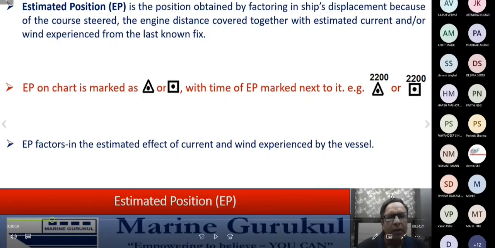करेक्ट सर। आपने DR पे करंट भी अप्लाई कर दिया तो आपको एस्टिमेटेड पोजीशन मिल गई, करेक्ट। करेक्ट सर। अब बेटा ऐसा भी तो हो सकता है कि जो करंट आपने अप्लाई किया हो वो सही ना हो, क्योंकि करंट तो एस्टिमेटेड होता है ना। यस सर, वो तो फिक्स नहीं है। राइट, तो ऐसा पॉसिबल है अगर हमारे करंट में थोड़ी बहुत चेंज हो जाए, जो हमने लगाया है और जो एक्चुअल है दोनों अलग अलग हो जाएं, तो जो हमारी फिक्स है वो EP से दूर भी आ सकती है, दोनों अलग अलग जगह पे भी हो सकते हैं।